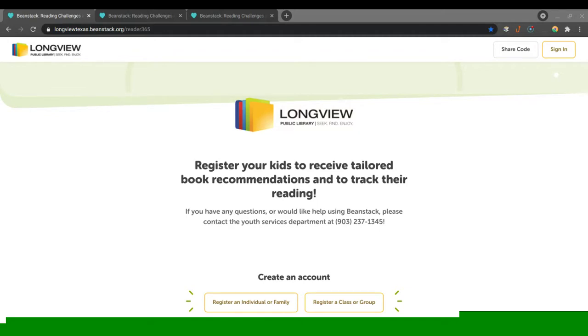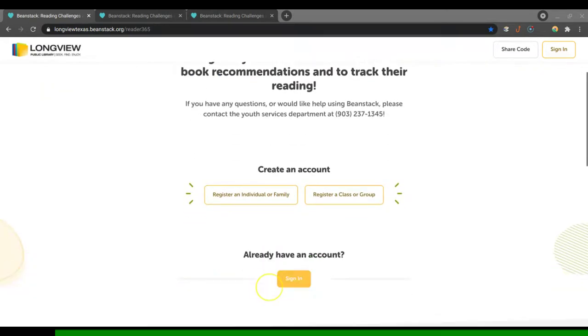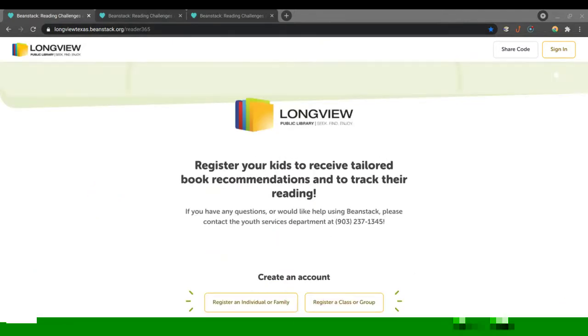Today I'm going to show you how to register on Beanstack, either for a family account, for a class or group, or, if you have already got an account, then I'll show you how to sign in and update that information. Okay, so first, to get to the website, you'll use this URL like you see at the top,